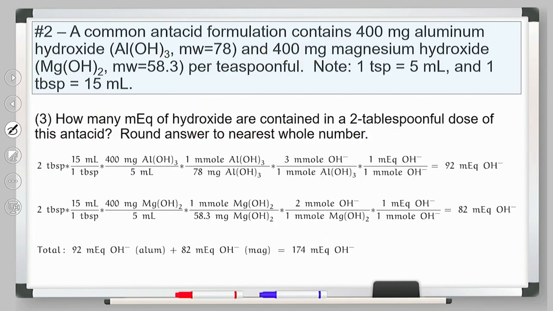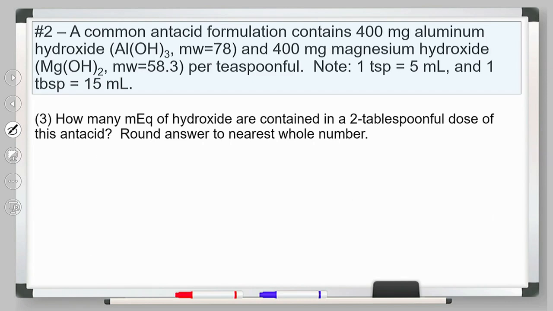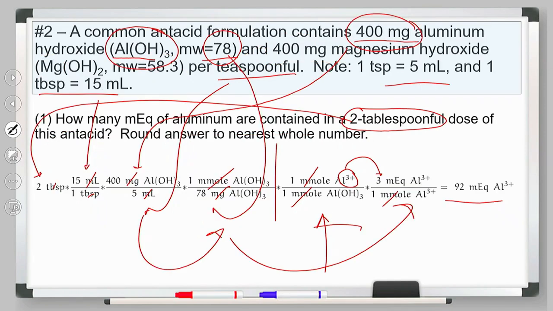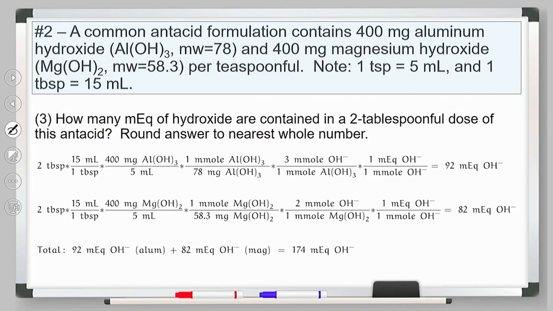Now, next up I wanted to show the answer. Let me just tell you this. Okay, we got 82 from the magnesium and we got 92 from the aluminum. So when you think about how many milliequivalents of hydroxide there will be, the same numbers. You'll get the same total of hydroxide as you did from aluminum, and you'll get the same total from magnesium because those molecules are not charged to begin with. Would you agree? Magnesium hydroxide has no charge because the magnesium is bound up with the hydroxide. The problem is when you take them into your body, they dissociate, so they separate. So it's not a surprise that they have the same total amounts, but I wanted to make sure,